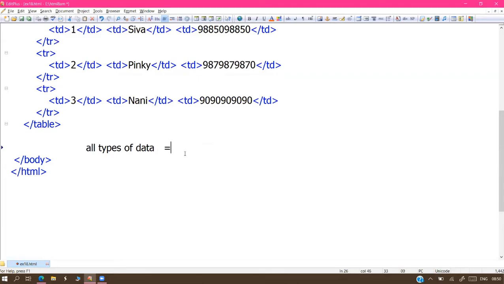Not only plain text, headings okay, paragraphs okay, images okay, hyperlinks okay. Or input controls, our upcoming concept, which will start in the next session. Text boxes, buttons, check boxes, etc. All these varieties of content we can place inside the table. There is no problem.